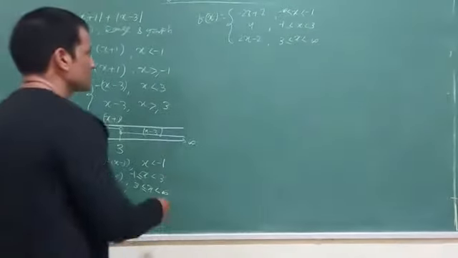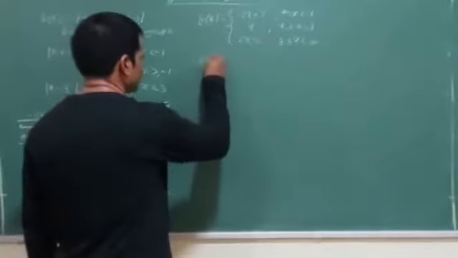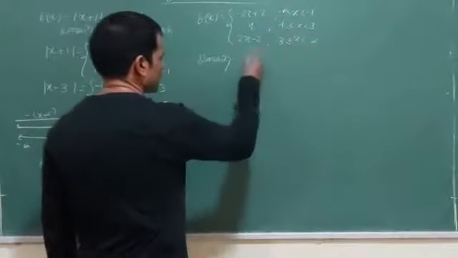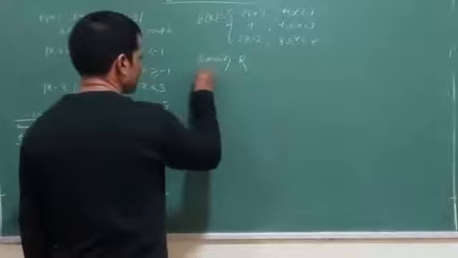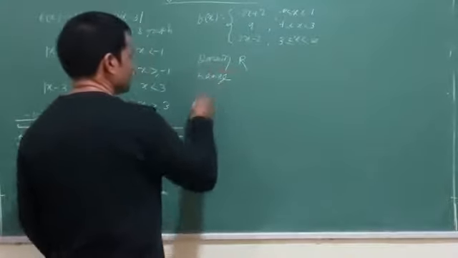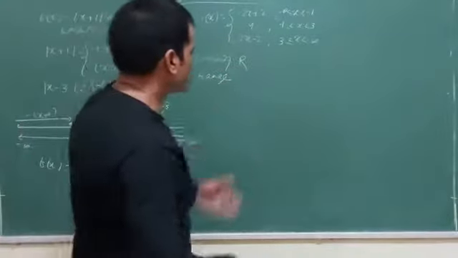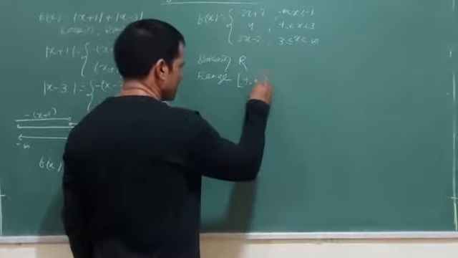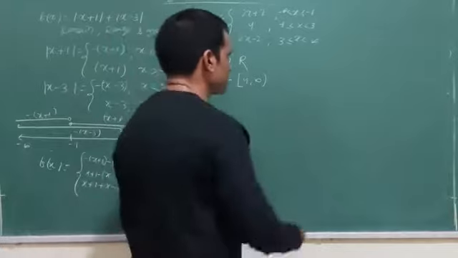Alright, so domain. First one is domain. I am considering minus infinity to infinity. All the values I am taking. Domain is R. Range will be just 4 to infinity. Just wait for a while. Why is it 4 to infinity? I will explain it to you. Let's come to the graph. That will make it clear for you.